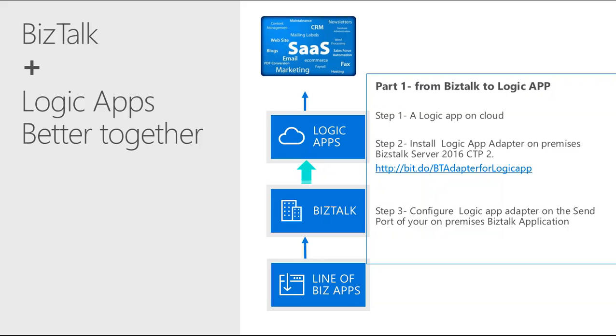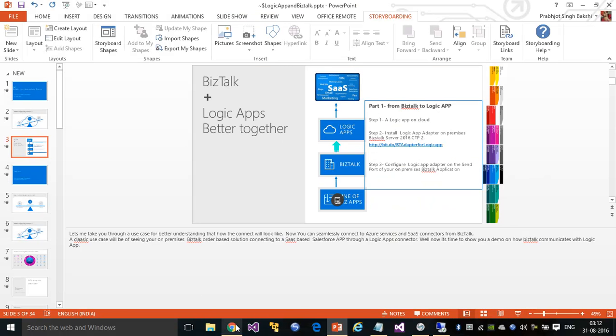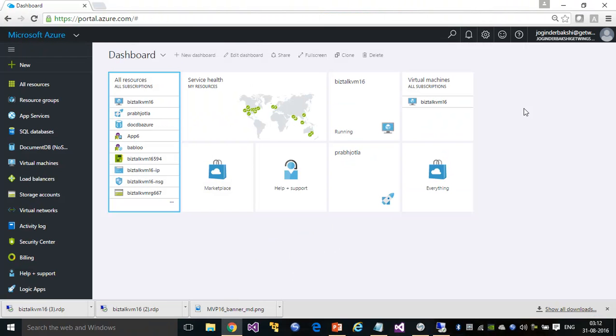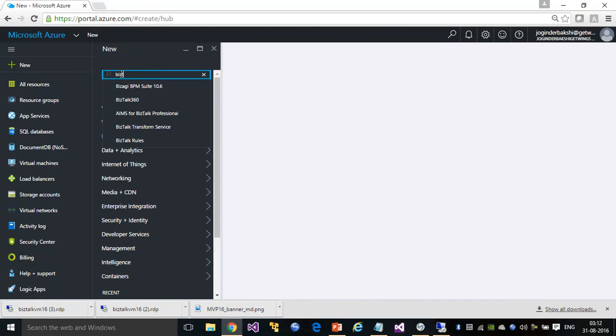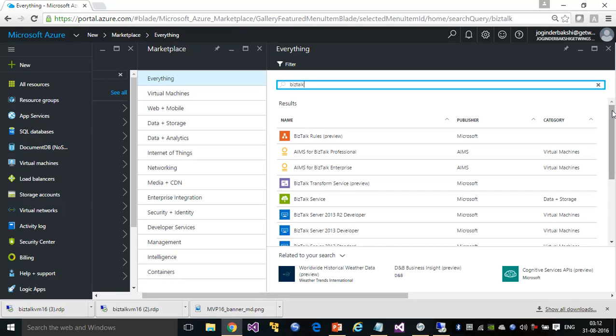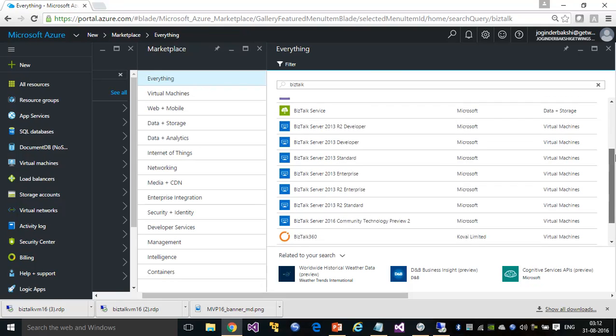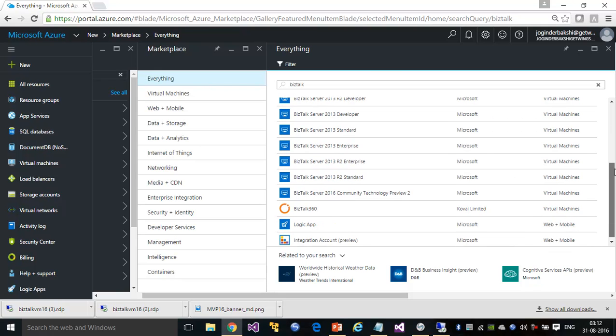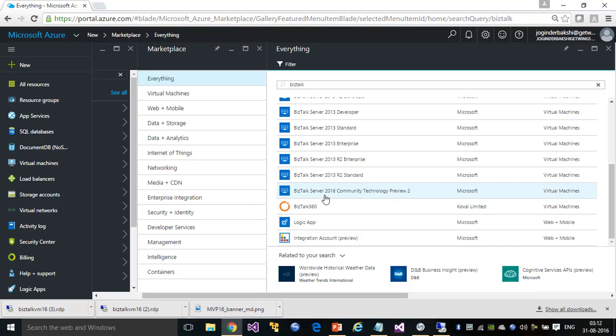So let's get started with step 1, where I have to create a Logic App on the cloud. This is the portal I logged in to, and for information's sake I just want to show you that there is a virtual machine available, which I have used as an on-premises BizTalk server. So that's here, BizTalk Server 2016 Community Technology Preview 2, which I configured,